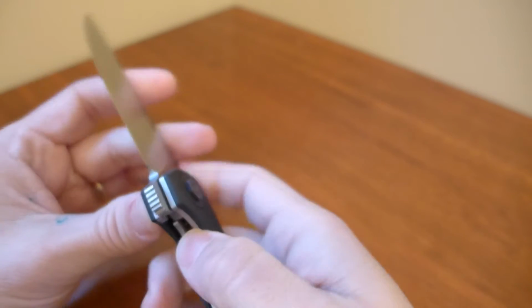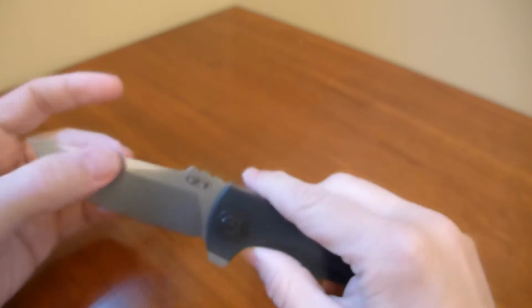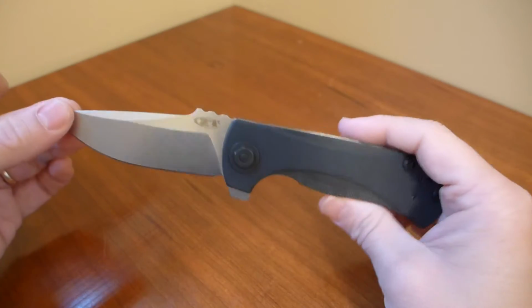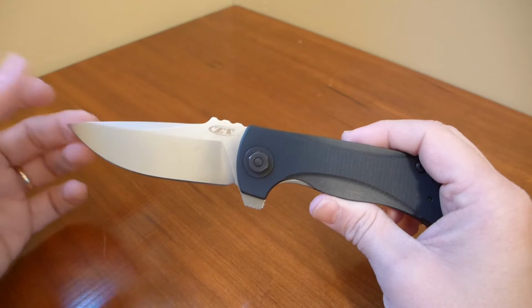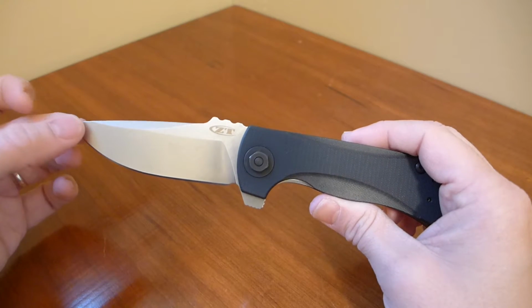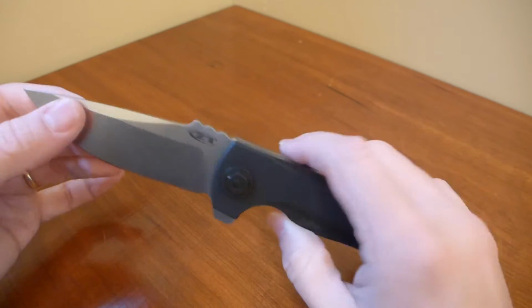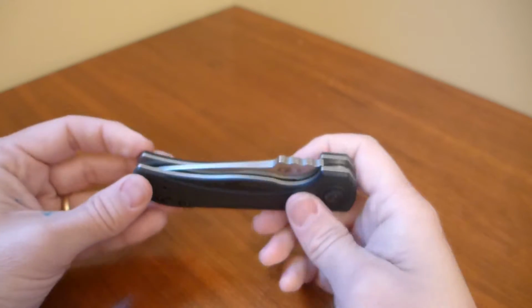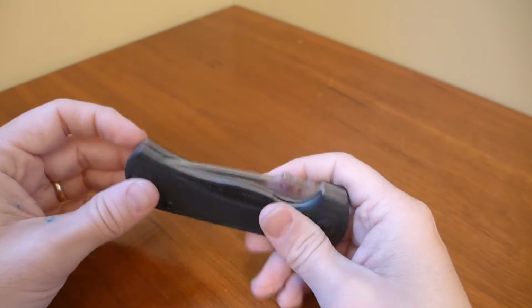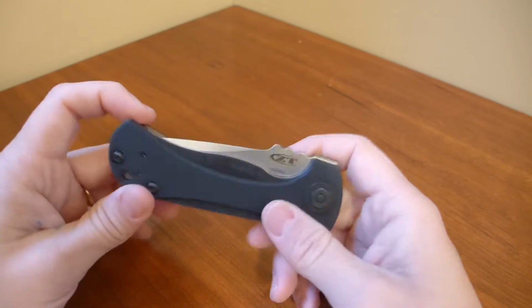Les George has been making custom knives for quite a while. He's one of the people that helped popularize mid-techs. He basically made a batch of knives. I think the Talos was the first one, and then it became the VECP. What he had done was batch out a bunch of parts and then hand-fit them, which is what a mid-tech is. This knife, the ZT0909, is based on the Talos, which was, I think, based on the FM1, which was his